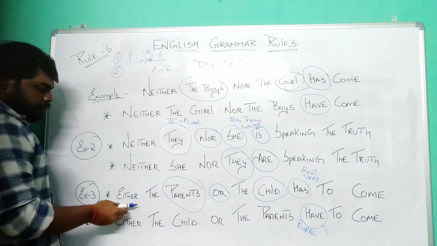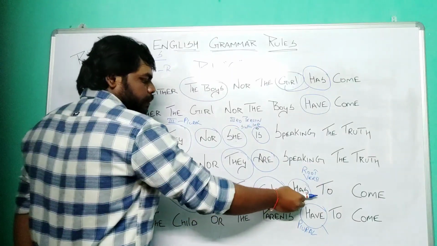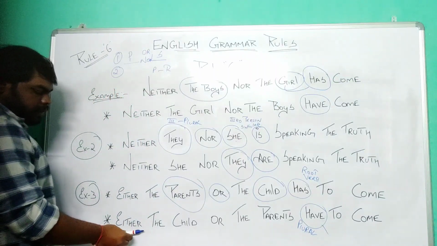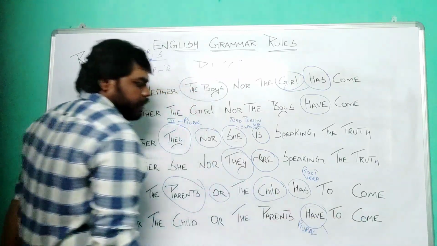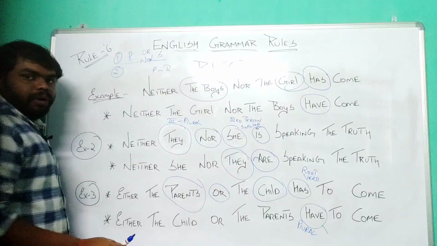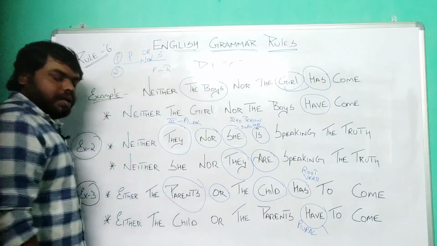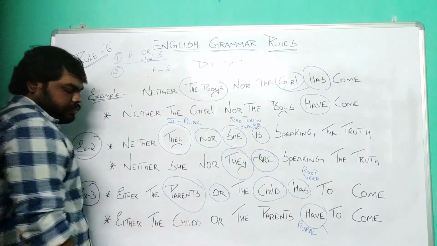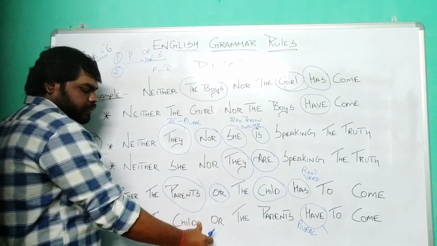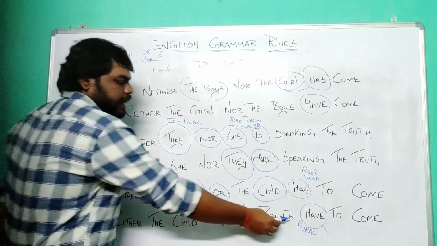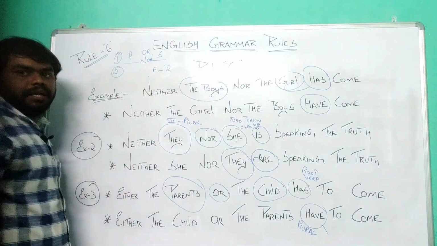Right. So according to rule number 6, we should place the plural form of subject with the plural form of verb. So we can reframe the sentence as either the child or the parents have to come. Right. So why are we doing this? Because we are talking about two different subjects. One is singular and one is plural. As we cannot change this as childs, we are reframing the sentence. Singular subjects take the first position and the plural subjects take the second position, and they will be followed by a plural verb. This is what rule number 6 is about.